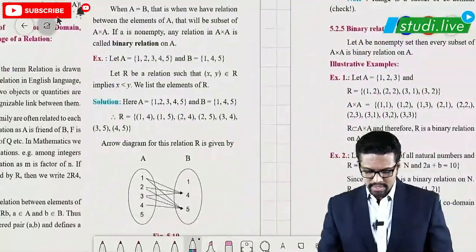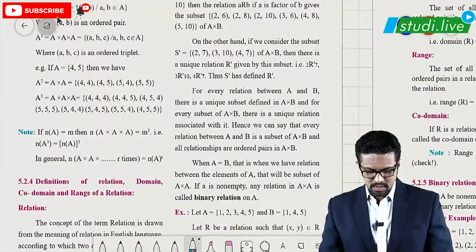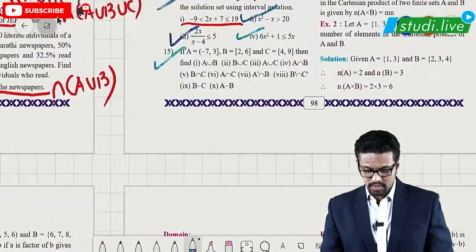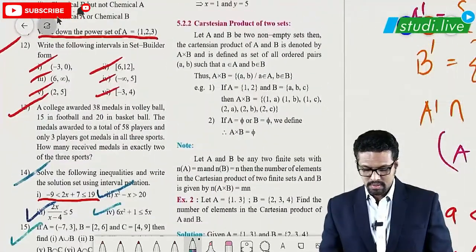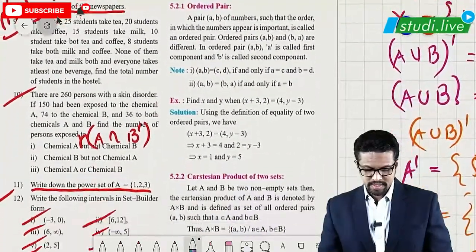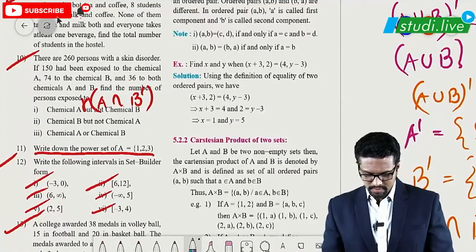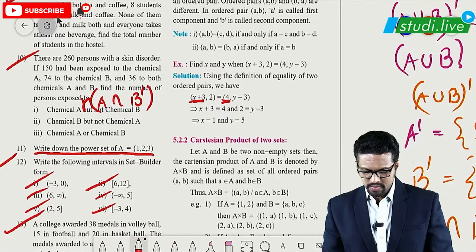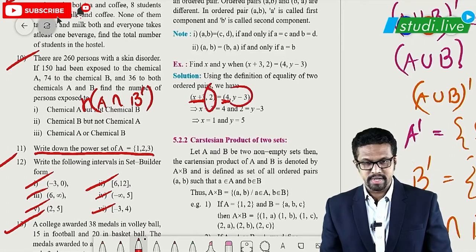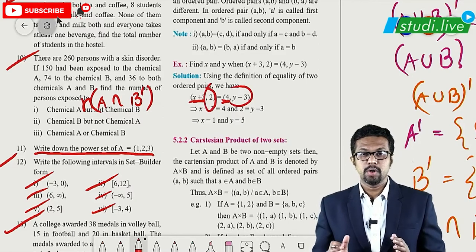Let us now go to the next topic, that is relation. To understand a relation, you should understand what is the product of sets. You should know what is an ordered pair. So the product of sets, or the Cartesian product of sets, and ordered pairs. These are fairly simple. For an ordered pair, you just have to compare the values. The first value will be compared to the first value, the second value will be compared to the second value. So an ordered pair is a pair which is ordered, order specific.